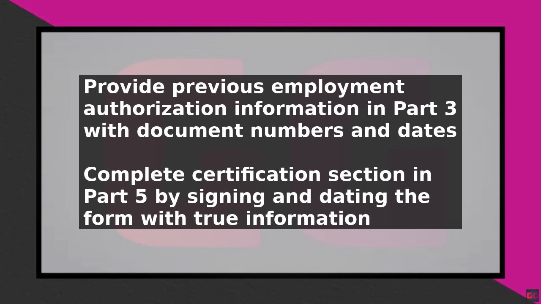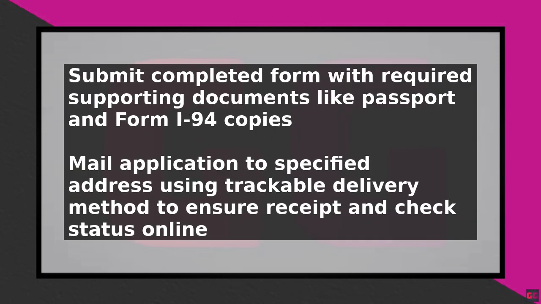Once you have completed the form and gathered all the necessary documents, mail the application to the address specified in the form instructions. It is recommended that you use a trackable delivery method to ensure your application is received. After submitting your application, you can check the status of your case online or by contacting the USCIS National Customer